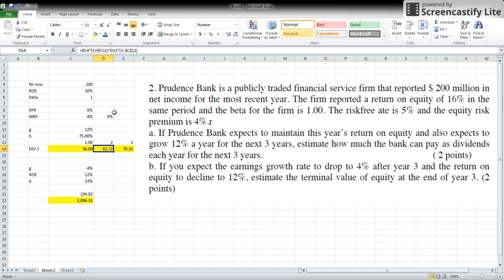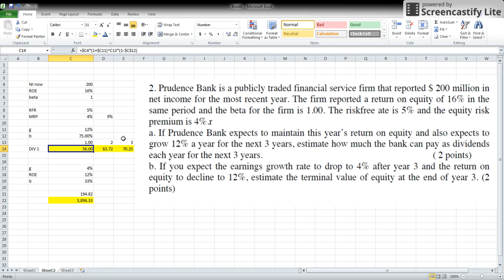For year two, simply only one change, which is the raised to the power 2 gives you the net income with a growth factor of 2 years. So similarly for third year, and you've got an answer for part A.